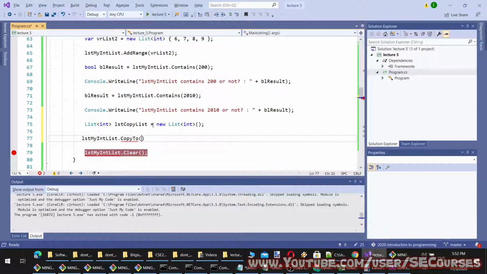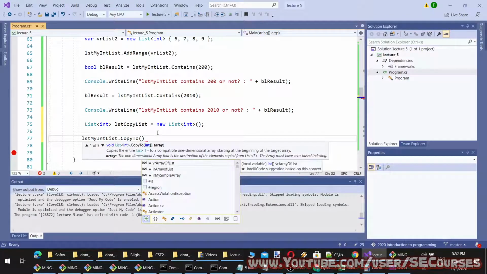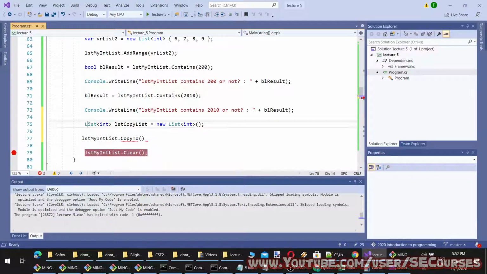Let's check which parameters it takes. It can take an integer array, an array and array index, and index, array index, and count. The CopyTo method copies only into an array, therefore this will not work.